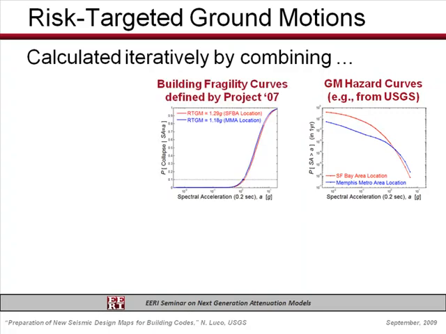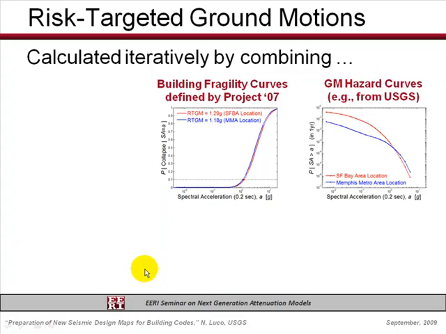We also combine with the building fragility curves that were defined by Project 07. And the key thing here in defining these fragility curves was defining these small points that you see here, and we'll see in a blown up slide later, that the MCE level of ground shaking corresponds to a conditional probability of collapse of about 10%. So that defines this point here. We have to assume sort of a slope of this curve. It follows a lognormal function, and we get a fragility curve